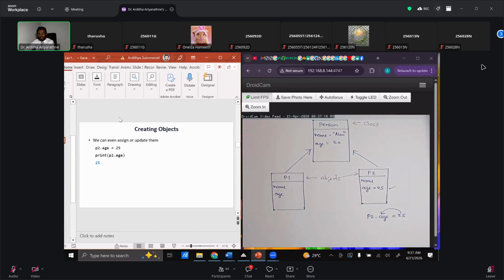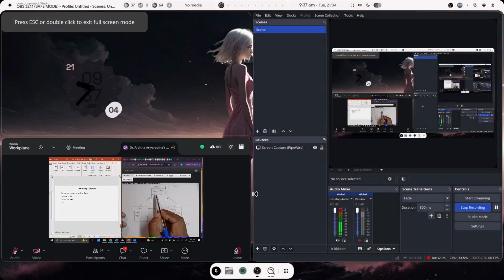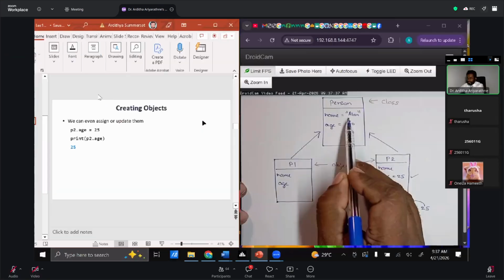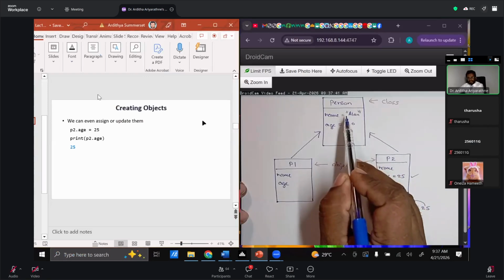This is how we are going to assign a new data item to a new object. Right? This is the correct way. A few minutes ago I told you this is not a correct way. We can't, actually we can, but it's not the correct way, because assigning data items inside the class is